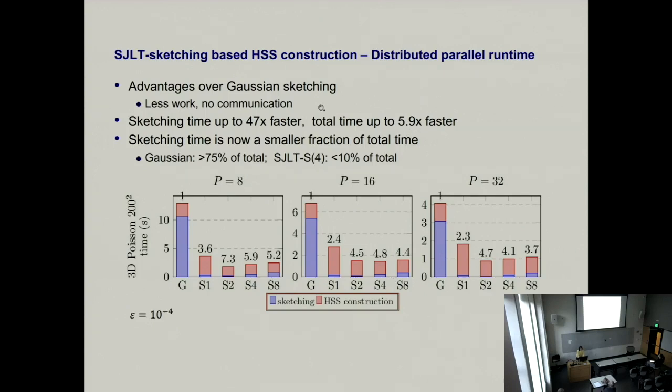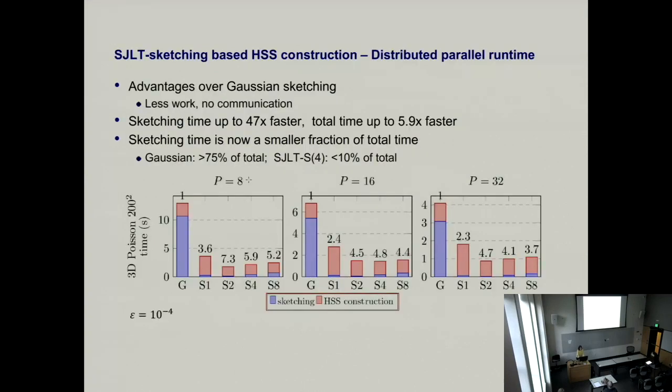And we compare with a Gaussian, right? And as I mentioned, it's less work and no communication. So on a parallel machine, that's a big deal. So then the sketching time. Remember we have a pre-processing and sketching time, and then actually doing the HSS construction. The sketching time is